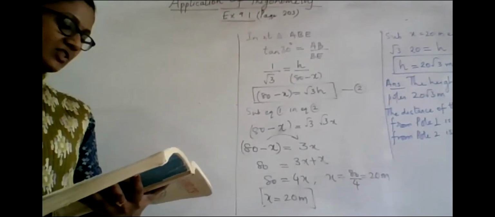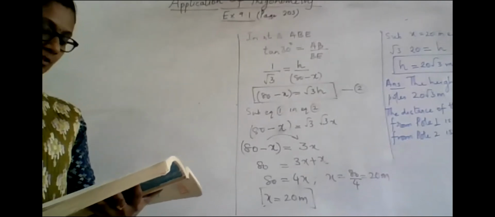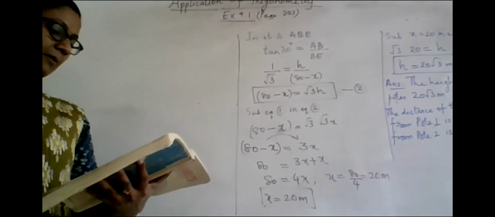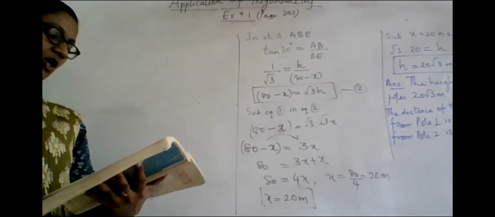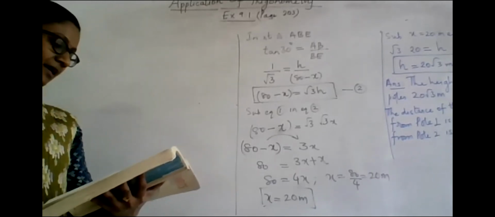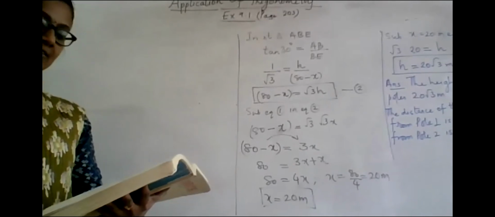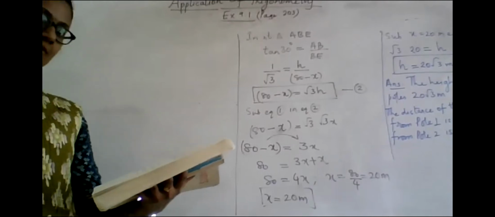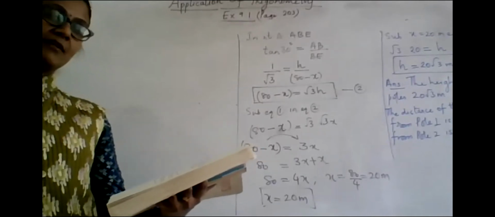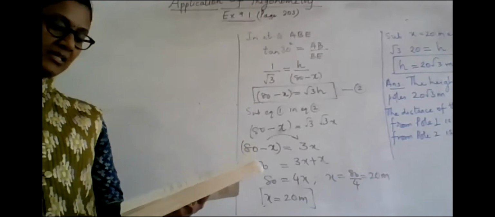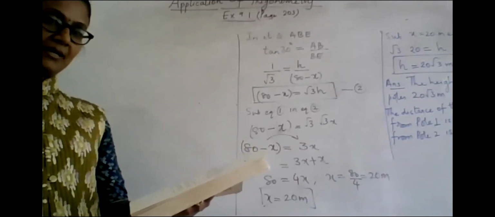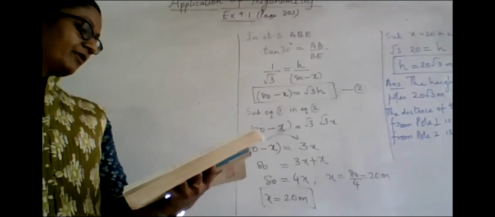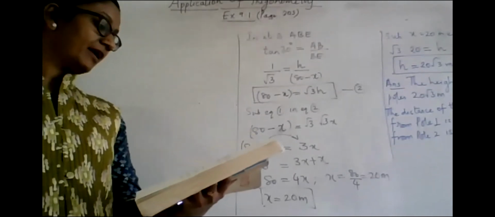A TV tower stands vertically on the bank of a canal. So there is a canal, so at one end of the canal, the TV tower AB is standing. From a point on the other bank directly opposite to the tower, the angle of elevation of the top of the tower is 60 degrees. So C is the point that is the other side of the canal. It is opposite to AB. Can you see that? From there, the angle of elevation to the top of the tower is marked as 60. So we are seeing the triangle ABC clearly marked there, with B having the 90 degrees, and at C we have 60 degrees. From another point 20 meters away from this point.